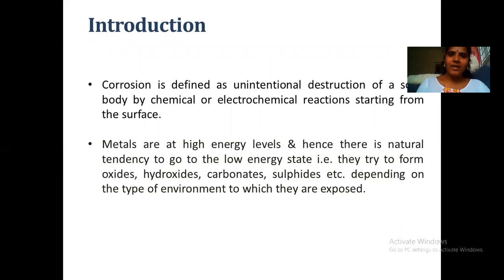The surroundings can simply be the air, or humidity in the air, or some chemicals which may be in contact with the metal due to various industrial applications. So the metal destruction or deterioration, which can be chemical or electrochemical reactions, results in the formation of a corrosion product as a layer on the surface. That is corrosion. Corrosion is a surface phenomenon.